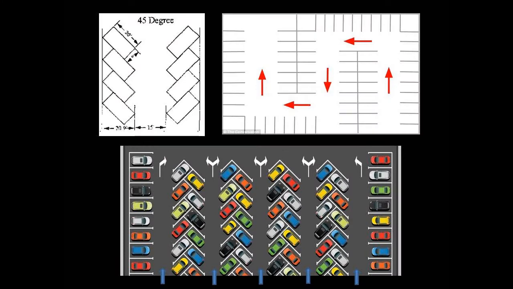These are the basic layouts of how a car can be parked: 90 degrees parking, 45 degrees parking, 60 degrees parking. Normally in India, 90 degrees and 45 degrees, these two types of parking are important in a campus. In the city, on specific busy roads, there could be parallel parking, but normally parallel parking is avoided in campus planning. So 90 degrees parking and 45 degrees parking are quite popular among architects.